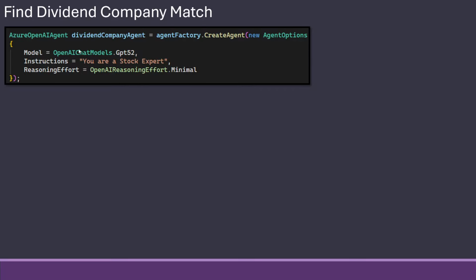So I just newed up GPT-5.2, and I took that because it has the latest information. But I'm still using minimal reasoning effort. I'm just telling it it's a stock expert, and expert is a big word because it sometimes gets these wrong.